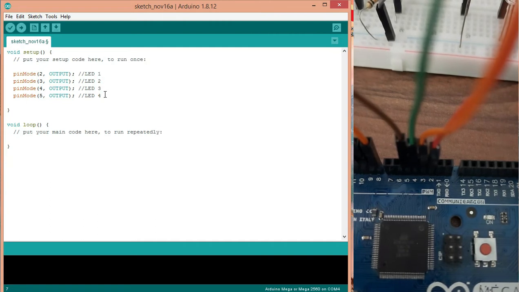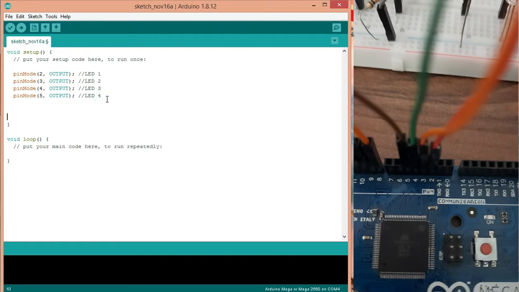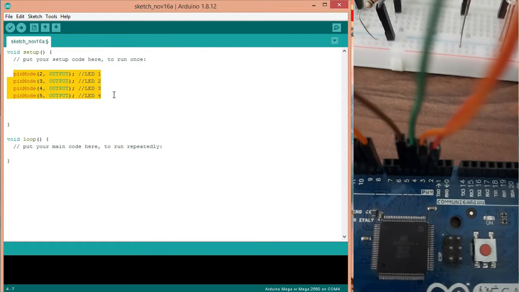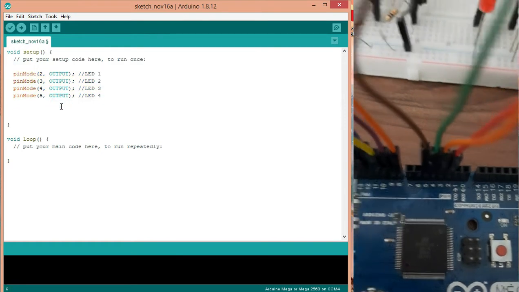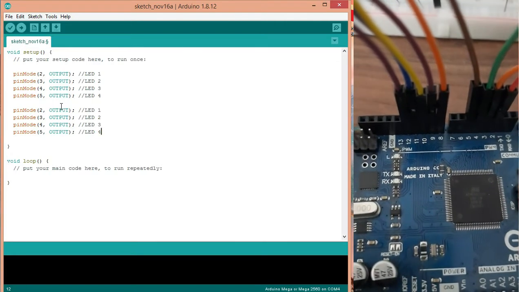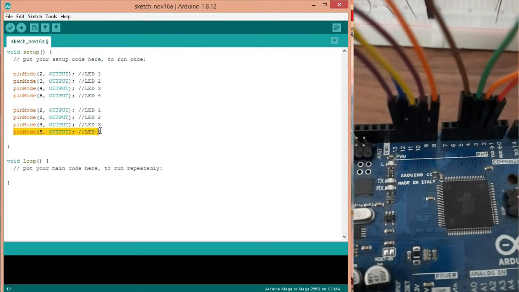Now I'm going to copy this code and paste it, then change these pins for the push buttons.